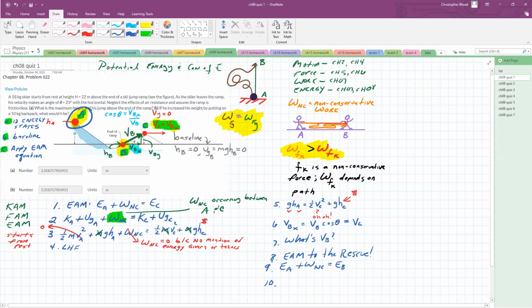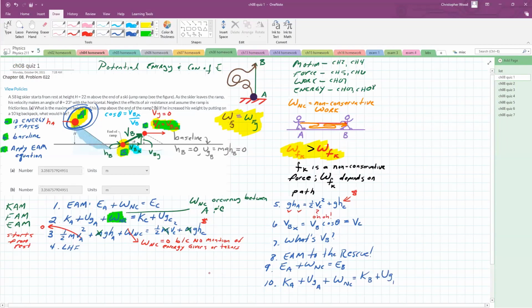At energy state A, which is right here, maybe there's some kinetic energy, but there's not. I'm starting from rest. Maybe there's some gravitational potential energy. Maybe there's some non-conservative work. In this case, there's not. Nothing is adding or stealing energy. And then same thing at B. Account for possible kinetic energy, account for possible potential energy. And I'll do the low-hanging fruit right now, because I'm starting from rest,